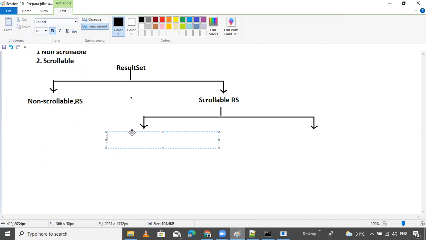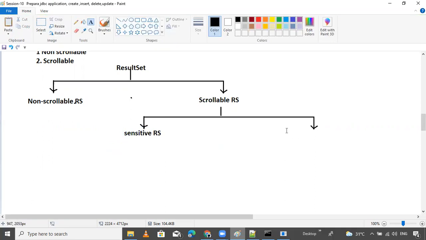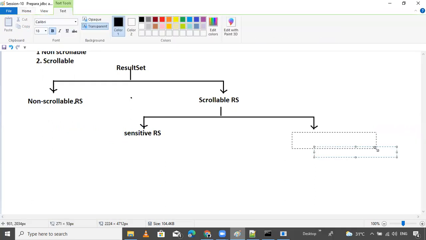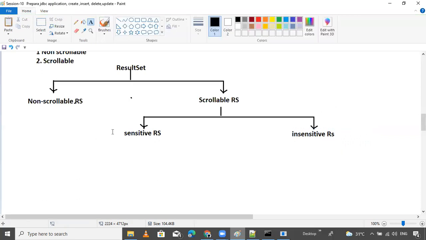The first one is the sensitive result set, and the second one is the insensitive. These two result sets belong to the scrollable result set.